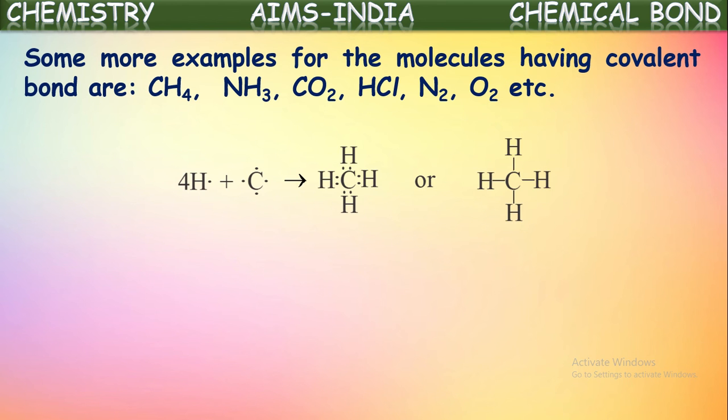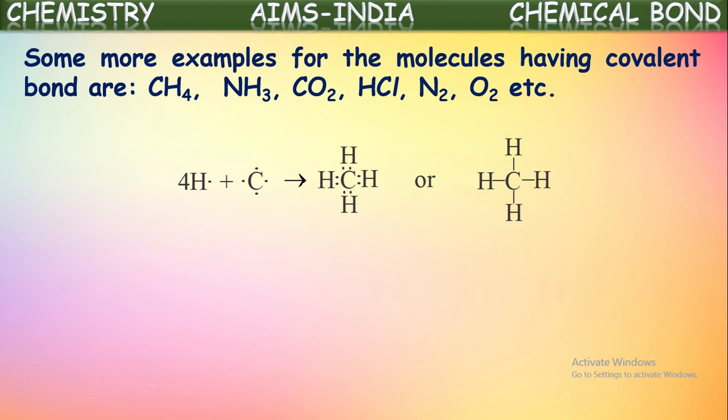See one of the molecules here, the methane molecule. Here carbon has 4 valence electrons. We know to become stable there should be 8 electrons in the valence shell, but it has only 4 electrons. So it requires 4 more electrons. In case of hydrogen, it has only one electron. To become stable, it requires one more electron so that it gets a duplet configuration. When this hydrogen and carbon approach each other,